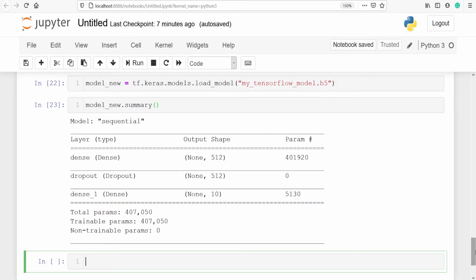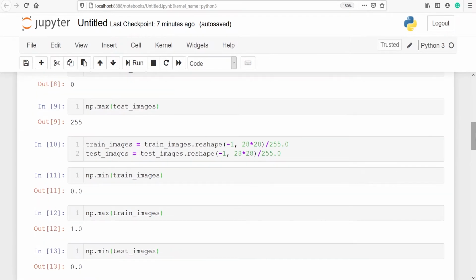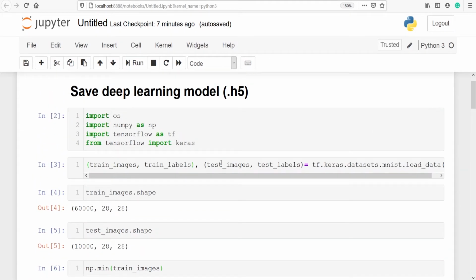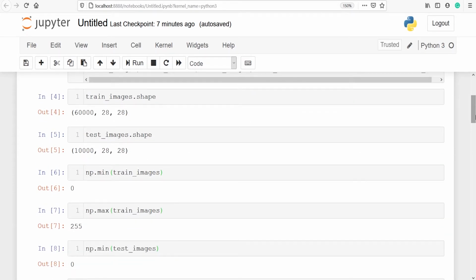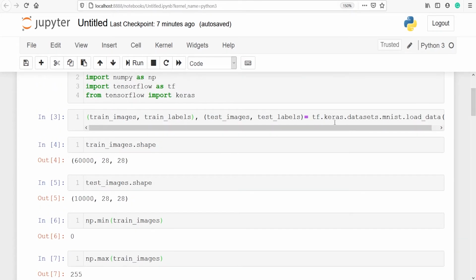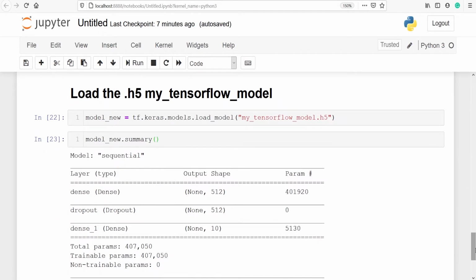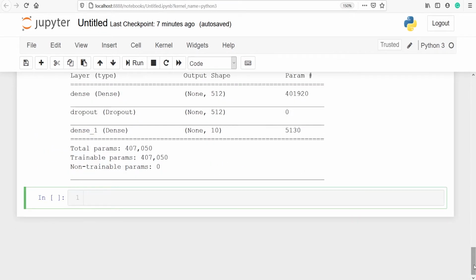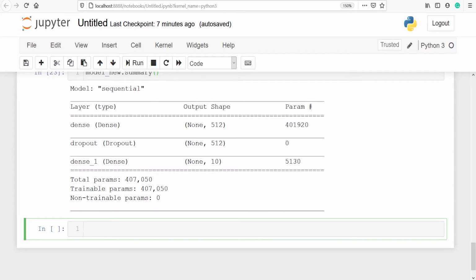Now we are going to check the accuracy using this model. So we already have the test dataset here. Here you can see that we have test images and test labels. So we are going to run this on test images and test labels to check the accuracy. So I'll make two variables, loss and accuracy. In loss, the loss will be stored, and in accuracy, the accuracy will be stored. So I will call our variable model_new